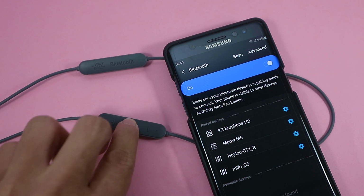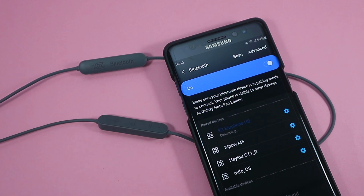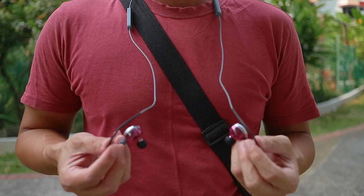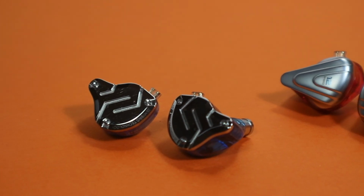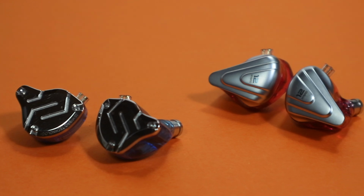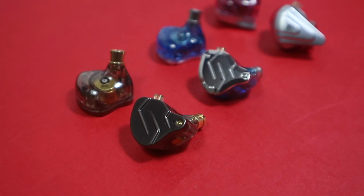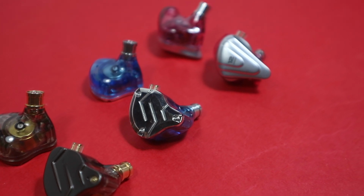However, it's still going to sound better than most true wireless earbuds, just that you have to deal with the cable and the shorter battery life. It's probably not that great for jogging as well. In the end, I do think the ZSX is a small but nice upgrade over the ZS10 Pro. However, if you like a brighter sound, the ZS10 Pro could be better for you. But either way, I think they're both good value for money and both provide a fun and engaging listening experience